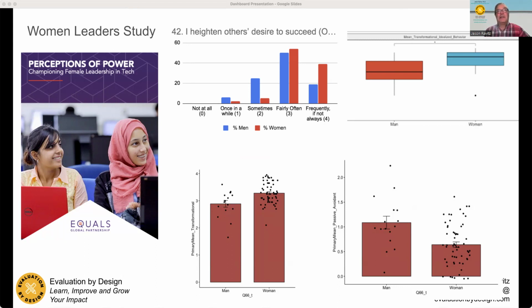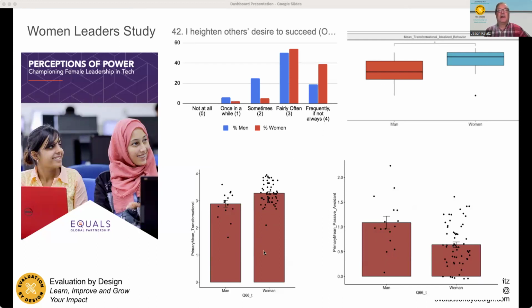But you can see here that women were much more likely to, for example, say that they heighten others' desires to succeed in their work compared to men. This is a t-test, and I don't know if you can see, there's an asterisk showing statistical significance.